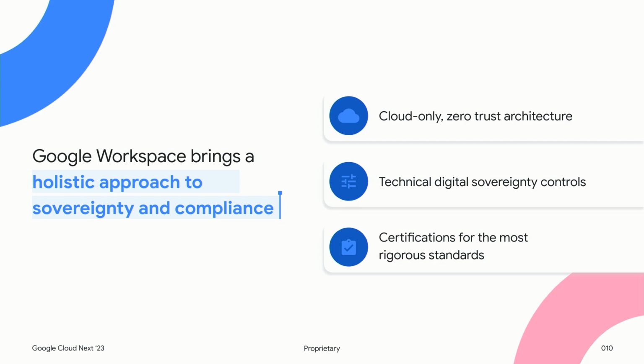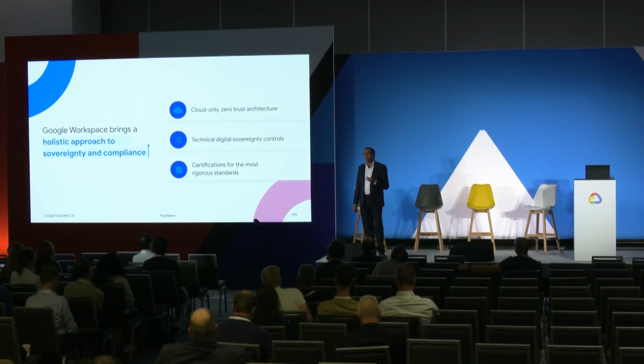The other thing that we're doing with this set of sovereign controls is we're using the same key set of controls to comply with certifications for some of the most rigorous standards around the world. What that means is these set of controls help all our customers comply with various compliance regimes around the world,